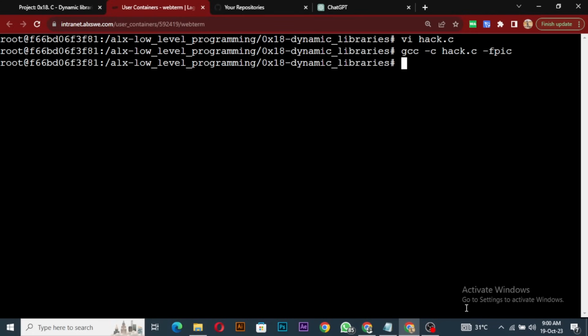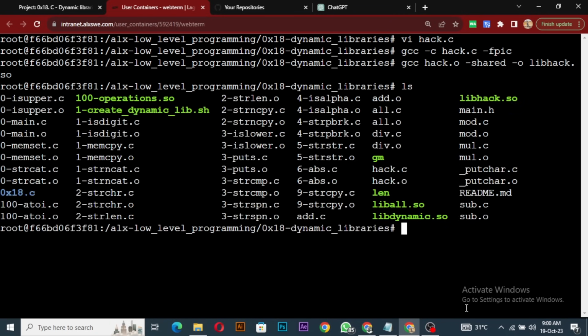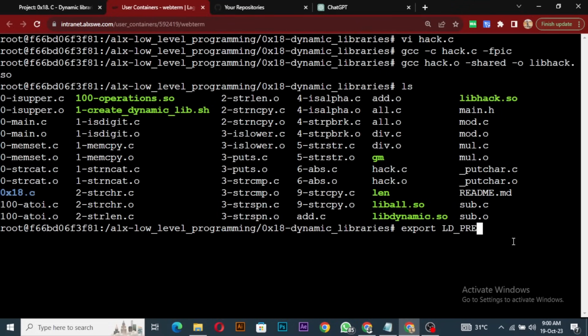So we'll have arc.o now. So gcc arc.o, and then we'll say -shared. The output should be, I think we are not given anything, so lib arc.so. So we have that already. We have our lib arc.so. So now we'll export LD_PRELOAD. That's what we'll use to inject somehow. So equals to